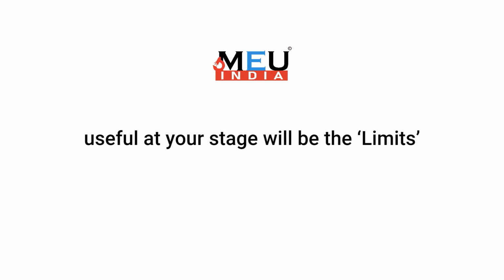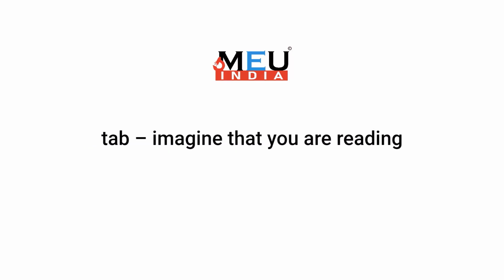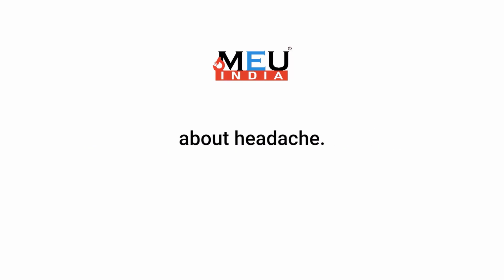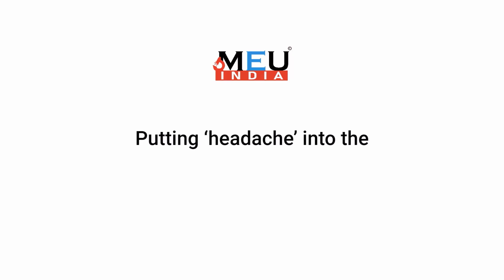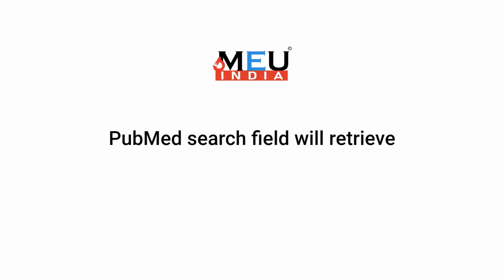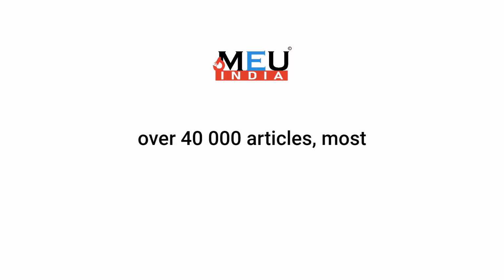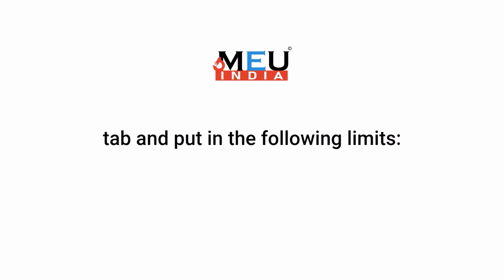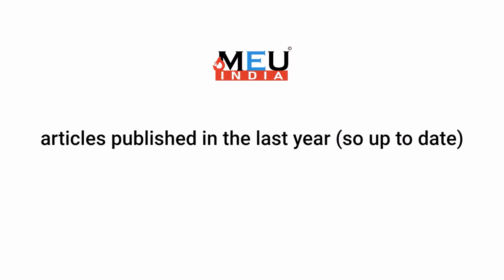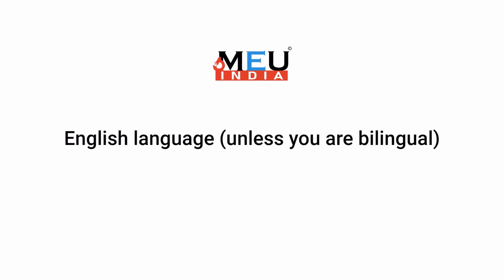Particularly useful at your stage will be the limits tab. Imagine that you are reading about headache. Putting headache into the PubMed search field will retrieve over 40 articles, most of very little interest to you. Now use the limits tab and put in the following limits. Articles published in the last year. English language